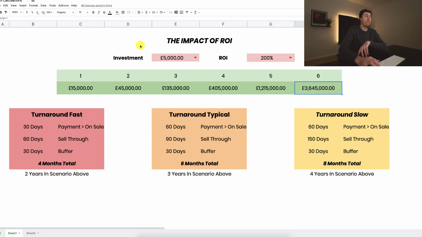£3 million from £5,000, a 10 times increase because you doubled your ROI. You see how this compounds. Because you make more in the first investment cycle, then you make more in the second investment cycle, exponentially more, but then you make more in the third, even more exponentially more than that, right? It grows, it's like compound interest. It just grows and grows and grows, and it's a beautiful thing.